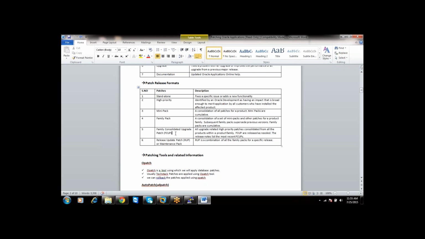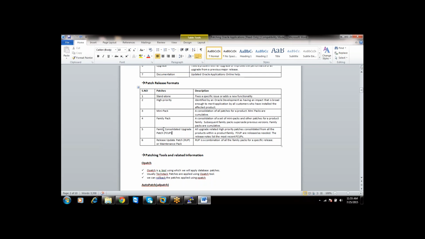If there are two families, SCM and CRM, there is a family pack related to SCM and a family pack related to CRM. In the same way, there will be family packs for each and every family. If you collect all of them, it is called a family consolidated upgrade.